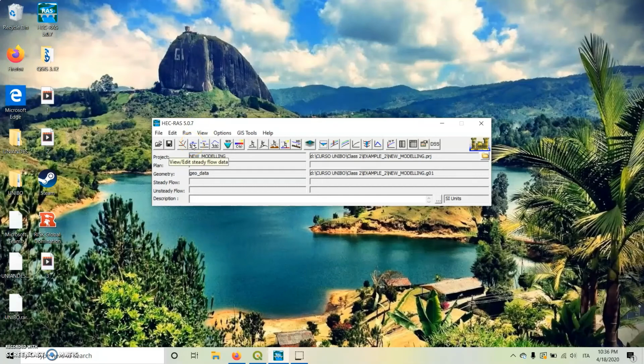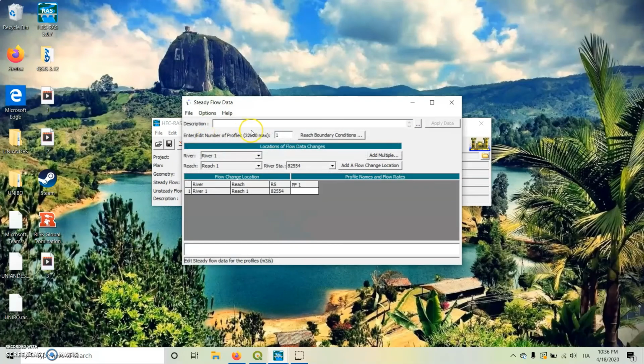edit the flow data. So in this part, it is required to add the flow that your river has. Well, that depends on the studies that you did in your river, etc. I don't know. I will say that my river has a flow of 6,000 cubic meters per second. Apply data, and we will